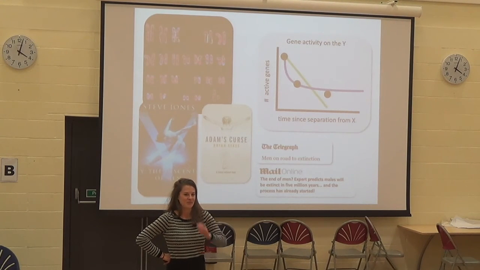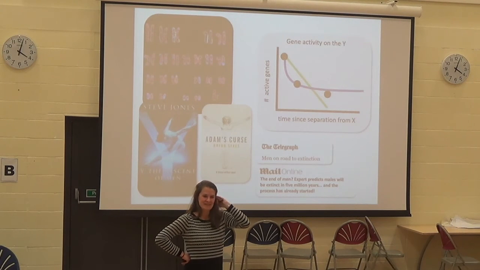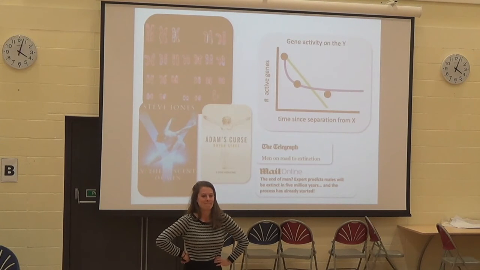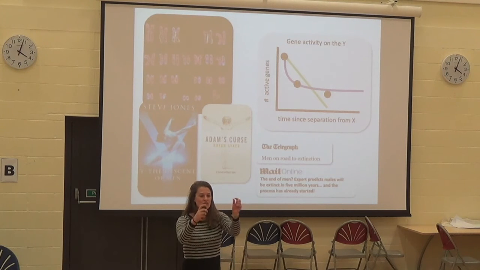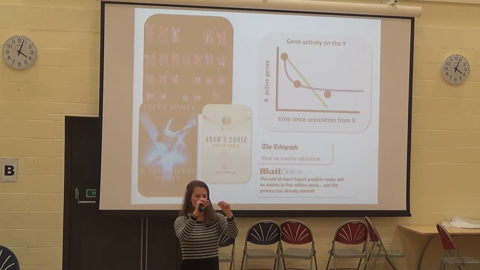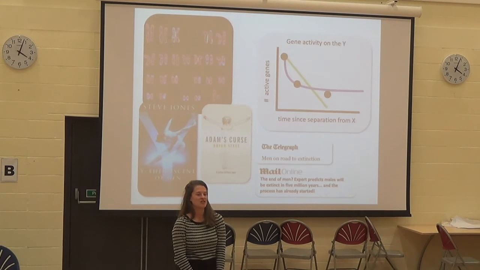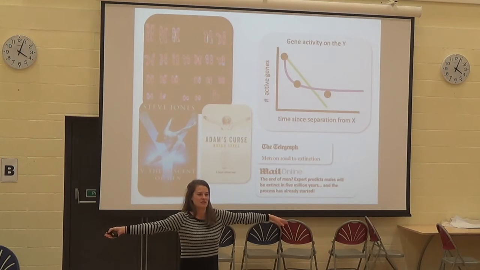Sorry, this is going to completely go on a tangent now. But when in meiosis, which you guys are all learning about, they all pair up as homologous pairs, what sticks the X and the Y together? Yes, so they have a really tiny region called the PAR, the pseudo-autosomal region, which is the bit that is still the same between the X and the Y. Right. And you need that in order to be able to pair. Awesome. Yes. But in some species the PAR is really teeny tiny, in others it's massive.